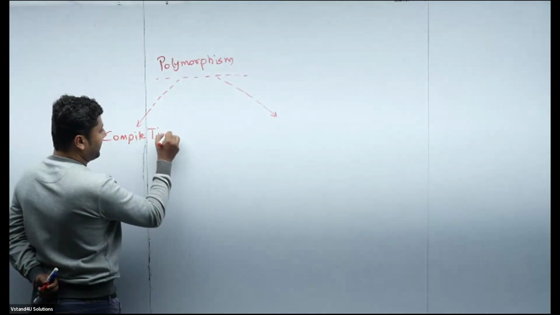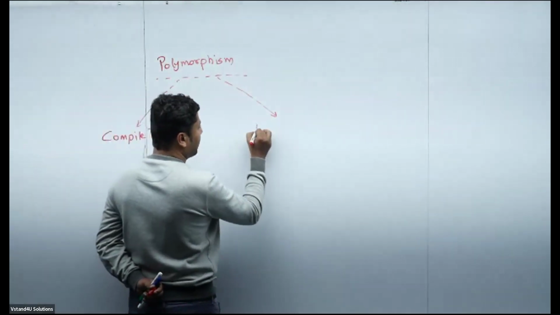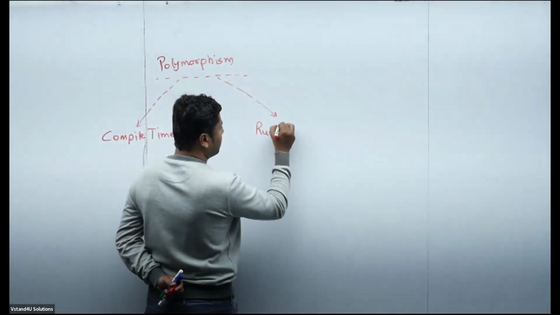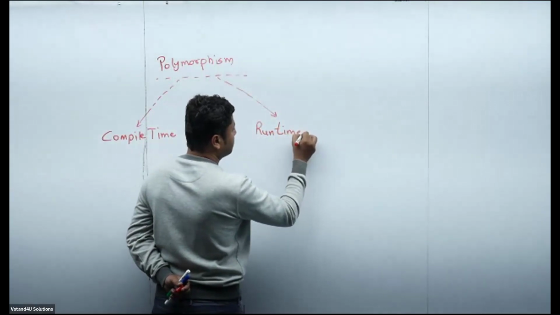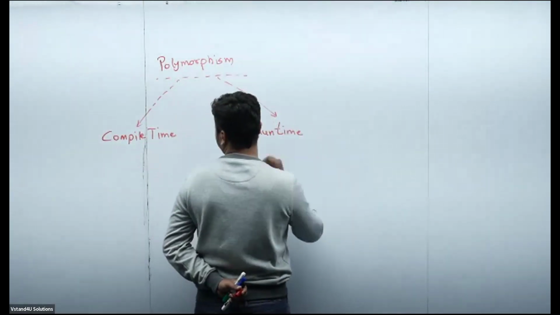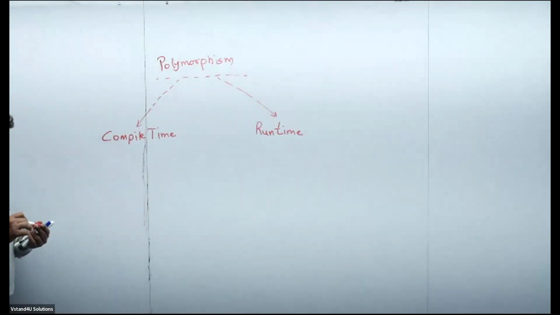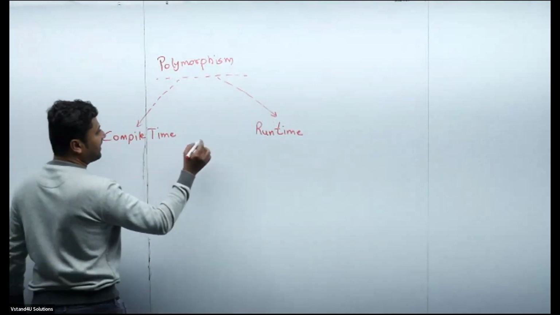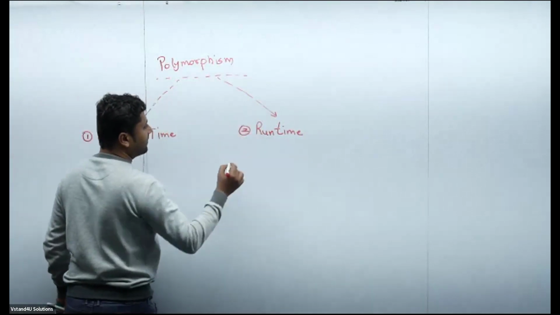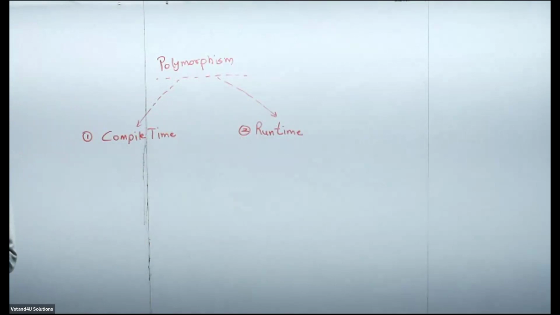One is called compile time. Another one is called run time. Right? Other names are there. Can anybody help me with the other name? First type of name is compile time or runtime polymorphism. Second type of name is